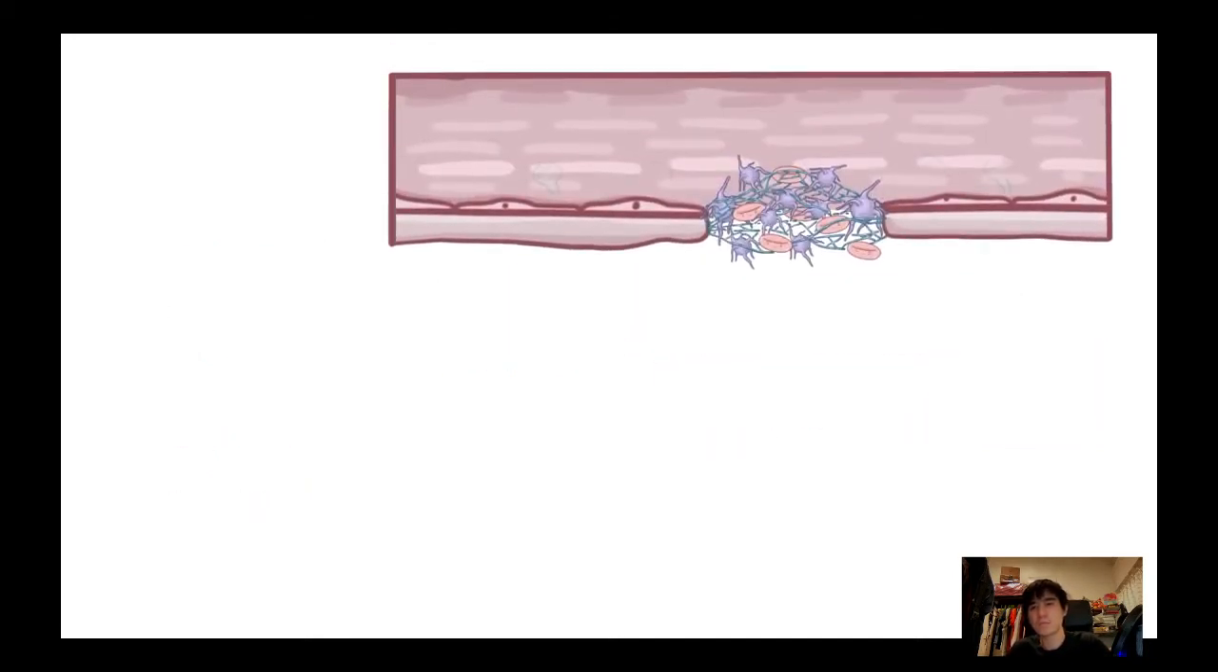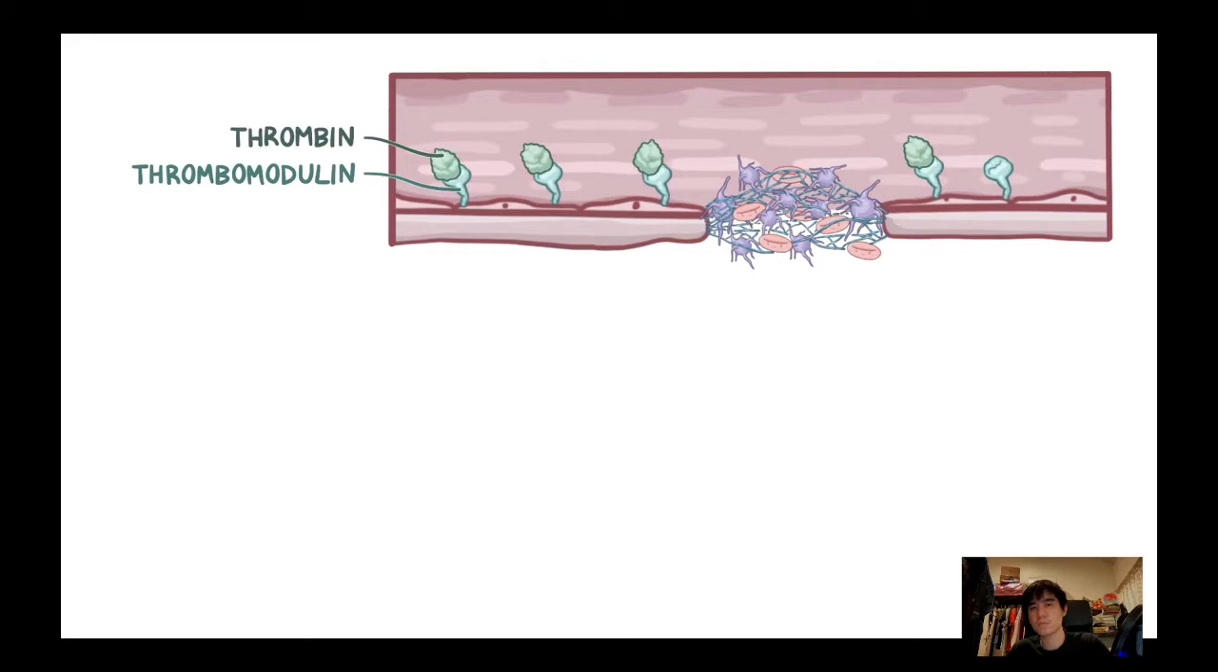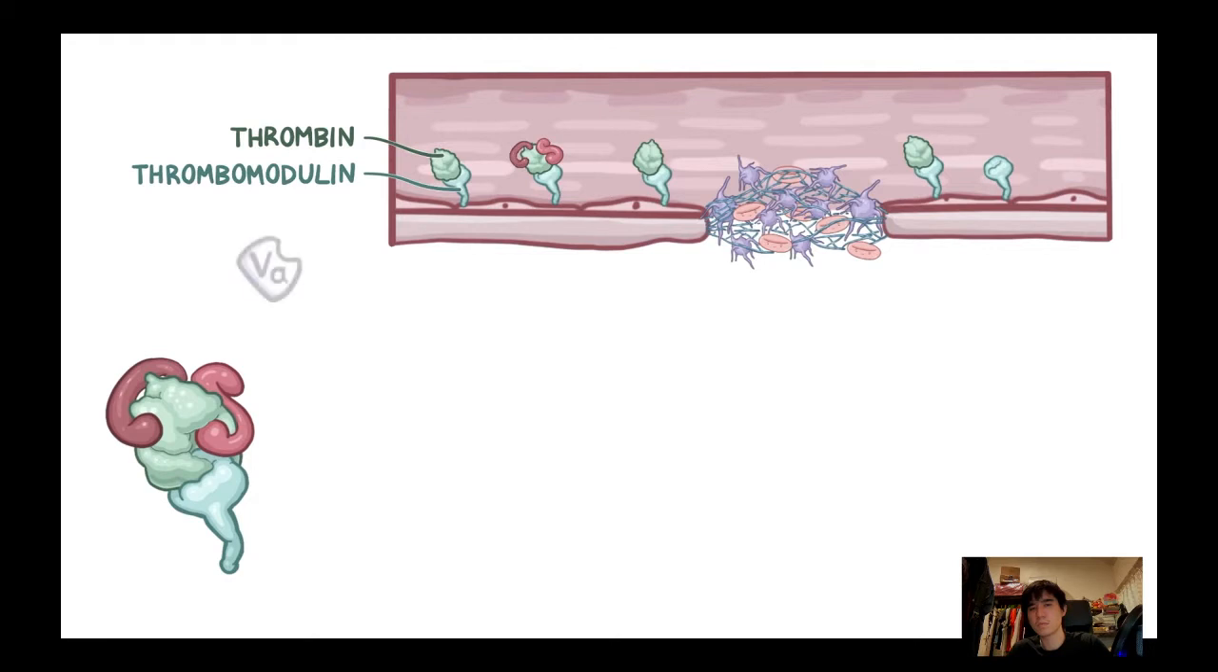So it starts with a protein called thrombomodulin, which is on endothelial cells that line our blood vessels, and together with thrombin, they form a complex that also includes protein C and protein S. When protein S joins this complex, it activates the proteolytic site of protein C, which cleaves and inactivates active factor 5,